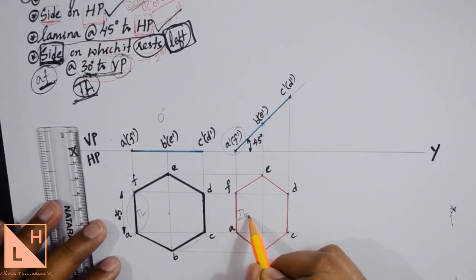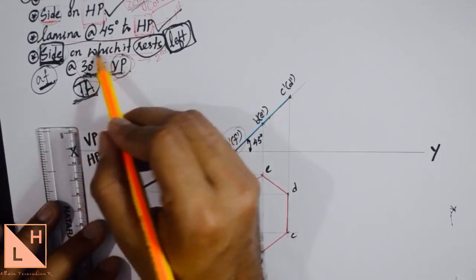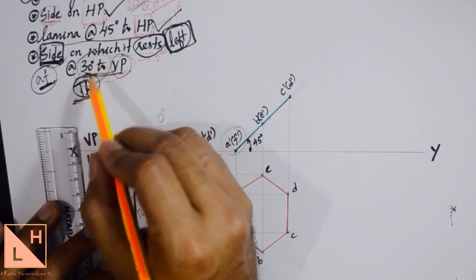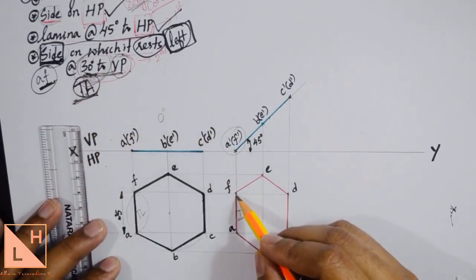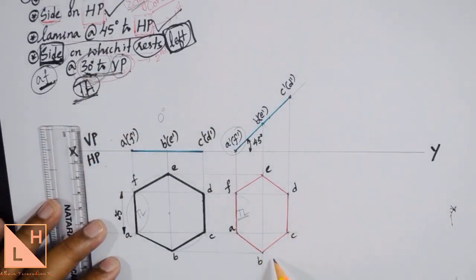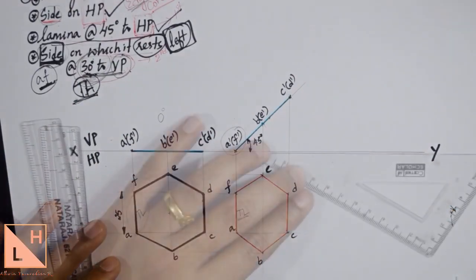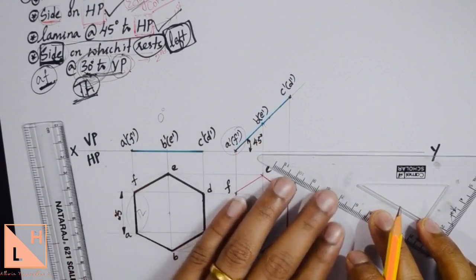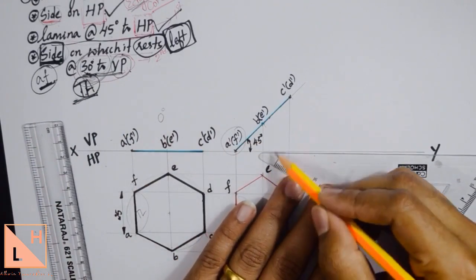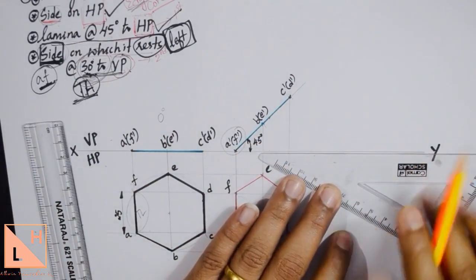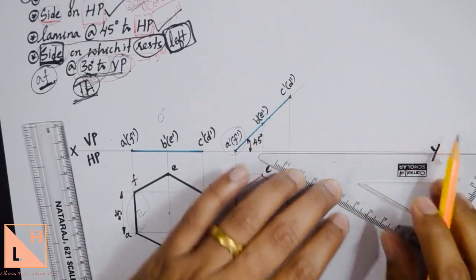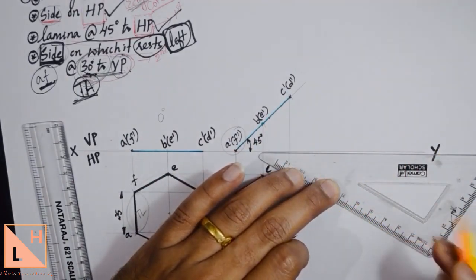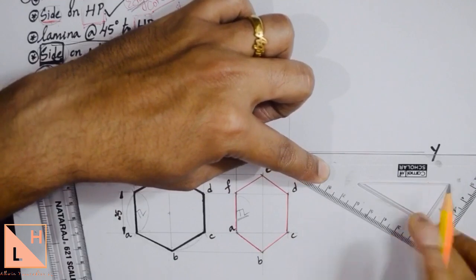So to incline a true length, what we require is the true angle, which we already have from the question, that is the given data. So directly you incline AF at an angle of 30 degrees by drawing a 30 degree line from the XY line. You can use either a set square or a protractor. I am using a set square. This corner will give you 30 degrees. Hold the set square parallel to the XY line, and this edge of the set square will give you the 30 degree line. So I am going to draw a 30 degree line.